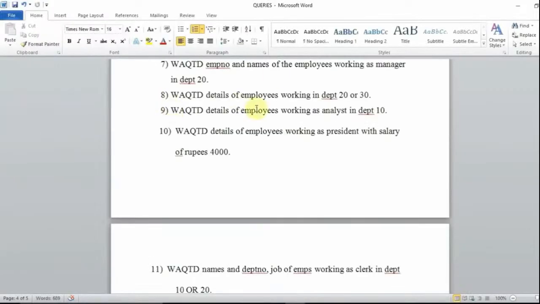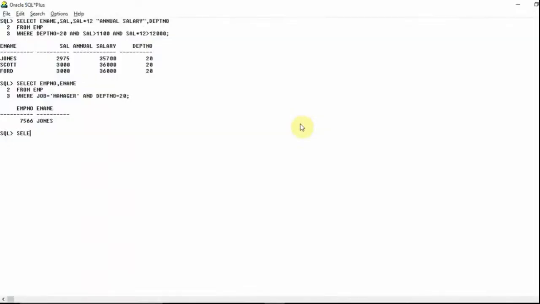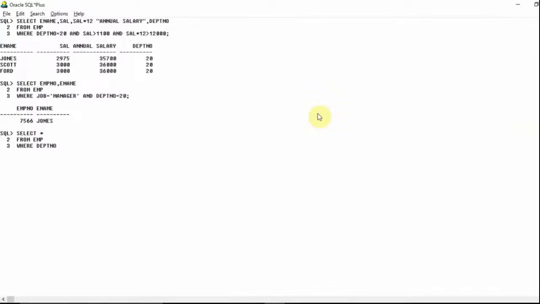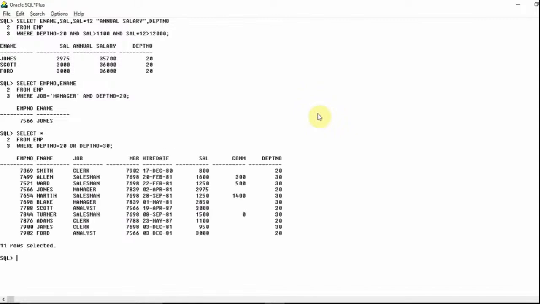Yes. Alright guys, so 8th question, write a query to display details of the employees working in department 20 or 30. So here it is simple guys, select star, that means all details from EMP table where department number should be 20 or 30. So DEPT number should be equal to 20 or DEPT number should be equal to 30. So these are the 2 conditions,